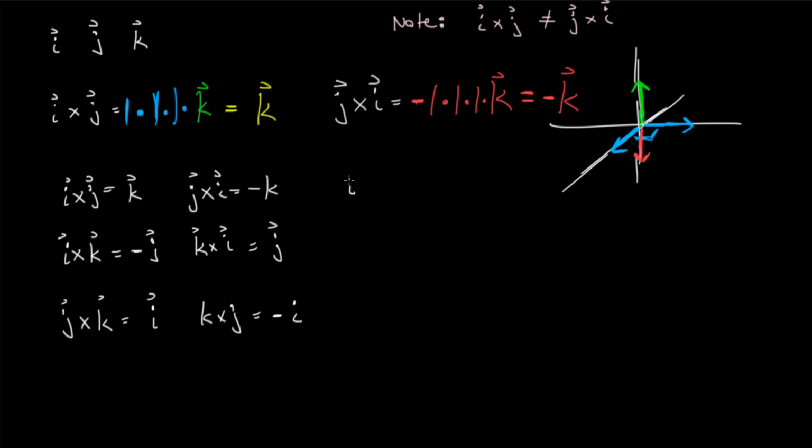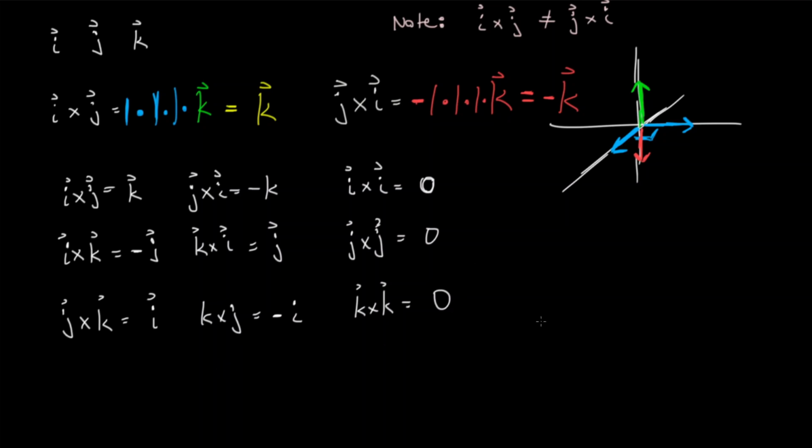All right. What is i cross i? Well, there are lots of vectors that are perpendicular to i, but the angle between i and i is 0, and the sine of 0 is 0. So i cross i is 0. It's the 0 vector. All right. j cross j. Similarly, the angle between identical vectors is 0, and the sine is 0. And k cross k, that's going to also be 0. So we have these 9 introductory